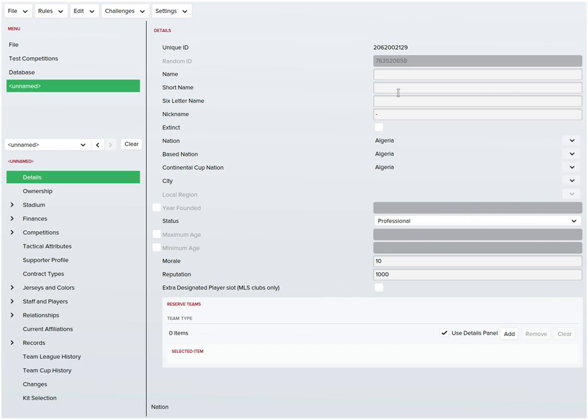So the basis is the name. What name will you want to give it? Obviously, this name is what you'll have to stick with unless you have the in-game editor, where, if I remember well, you can actually modify the name in-game. But don't quote me on that, I don't have the in-game editor myself. So let's call this team the